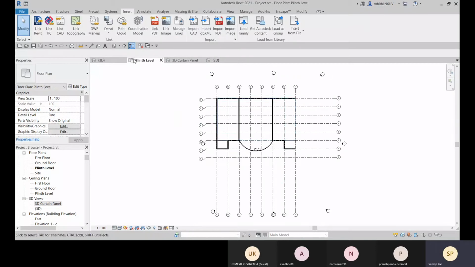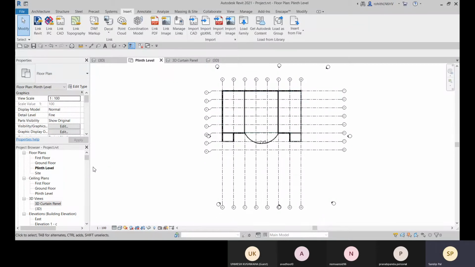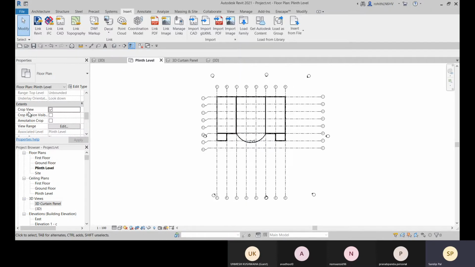Now let me come to this plinth level here. Within this, I can control by the underlay option and with the help of the view range option also. Now, we also have crop view. We can crop some views if I include or exclude some part. For that, I can go with this crop view.